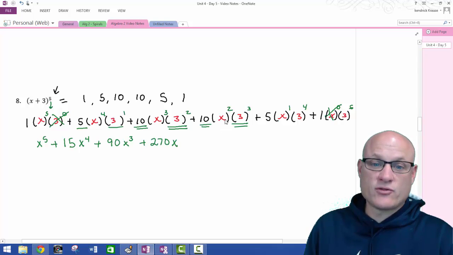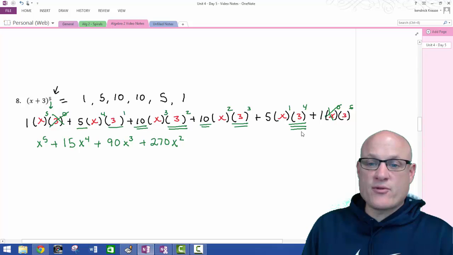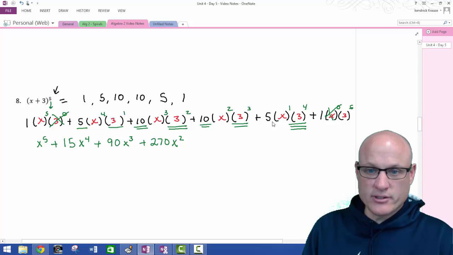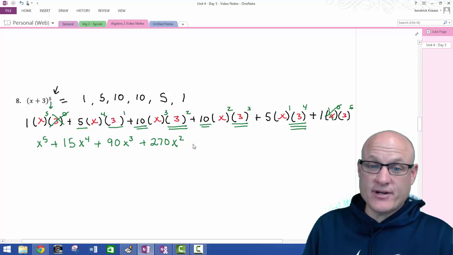x squared. Notice the x's are coming down. Now I've got, this is 3 to the 4th, which is 81 times 5. 80 times 5 is 400. 1 times 5 is 5, so this is 405